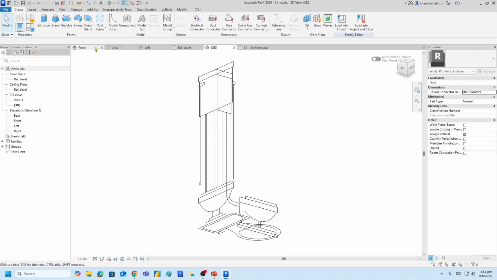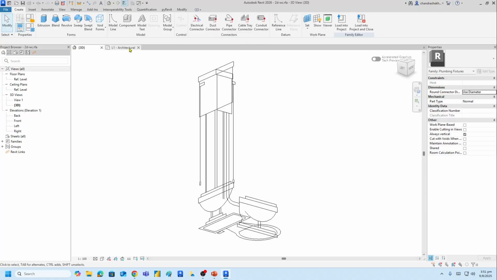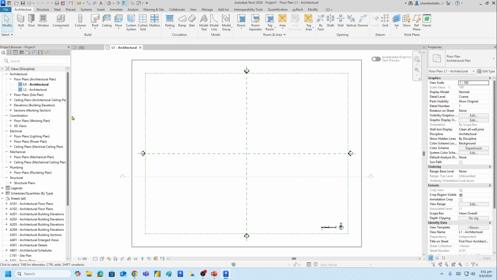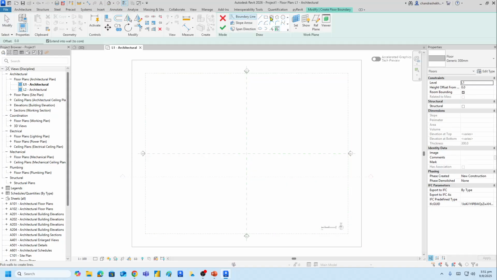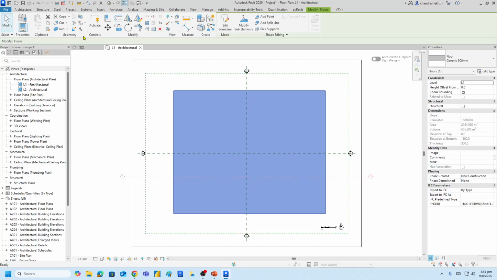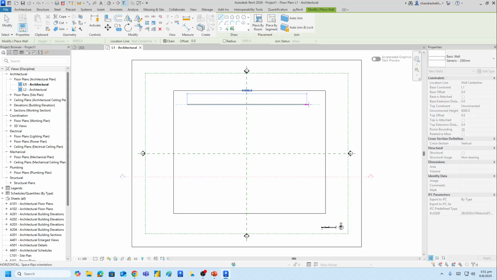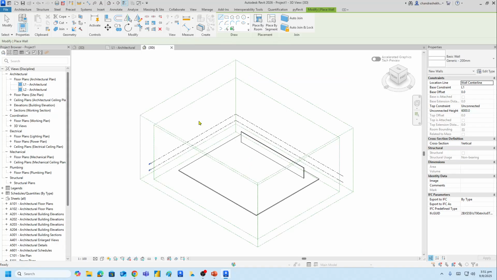project. So before that, I will go there and create a floor plan for the base here, and then one wall. So let's go to floor here and click an architectural floor, and just create a floor for reference. Click OK, and similarly click a wall, create a wall by just drawing a wall across here. So click OK. So now the wall and the floor slab are available. So let's get back